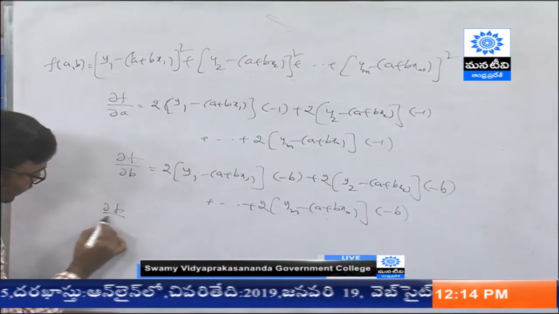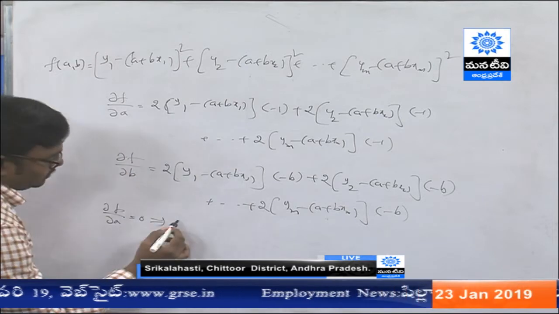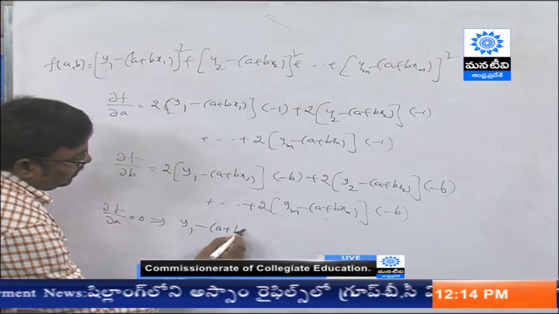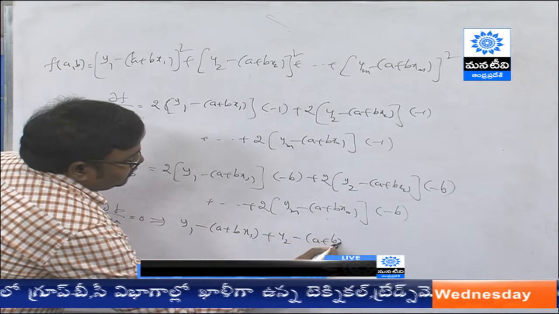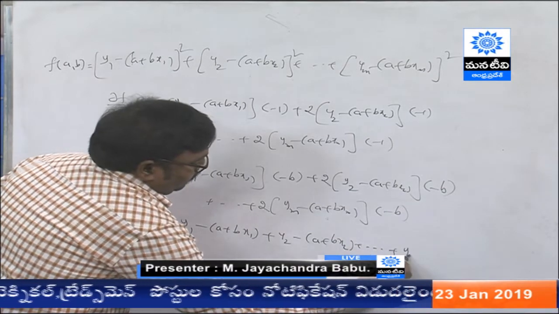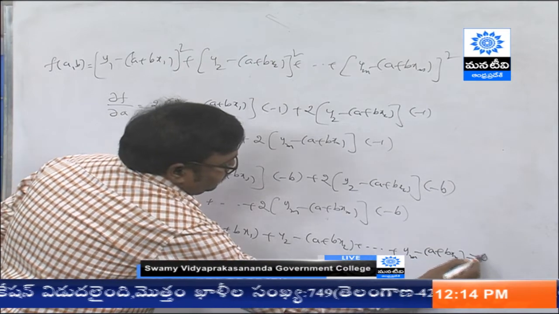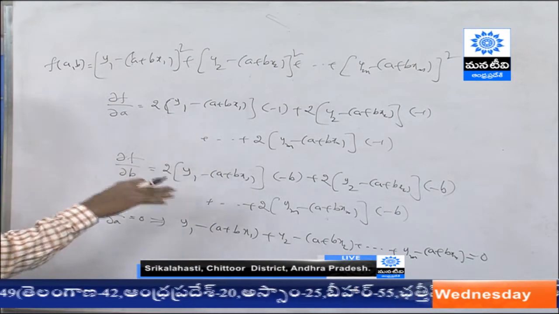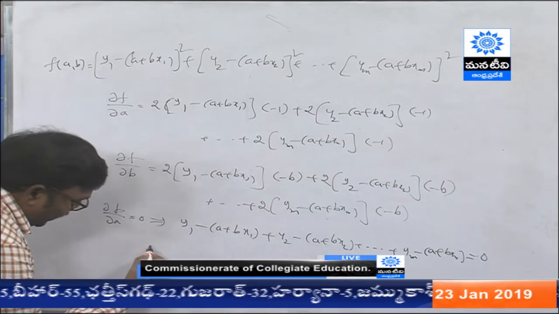So, dou f by dou a equal to 0 implies you can straight away write it as (y1 minus (a plus b x1)) plus (y2 minus (a plus b x2)) plus so on (ym minus (a plus b xm)) equal to 0. Actually, I had taken minus 2 as a common factor and simply took only this one. We can write this as